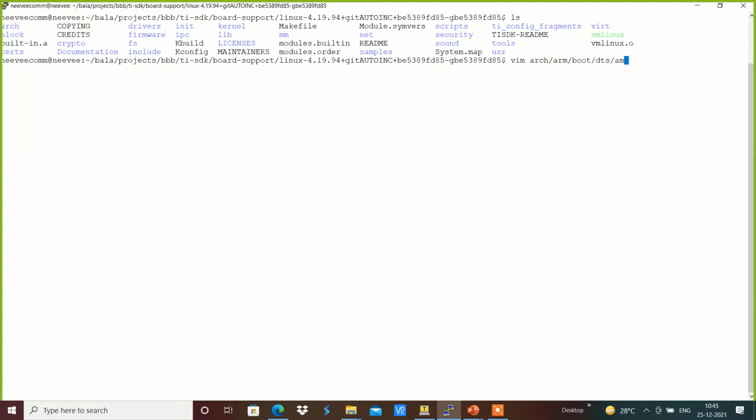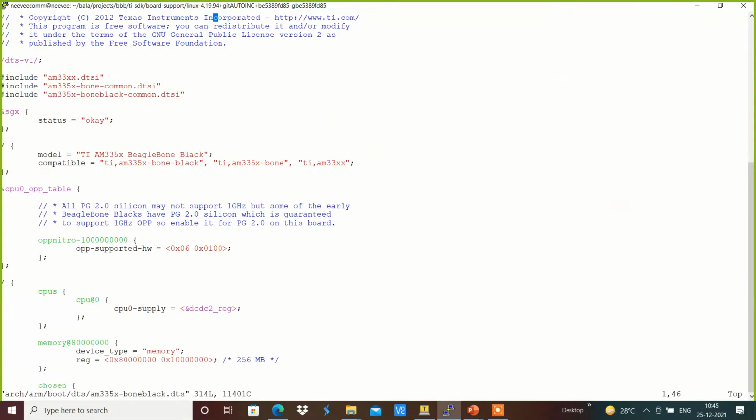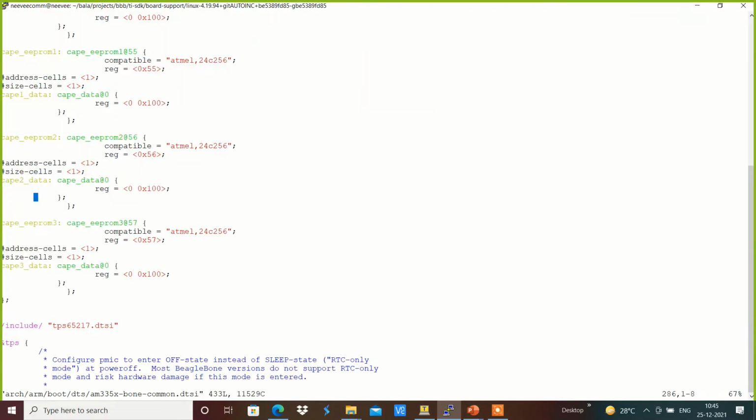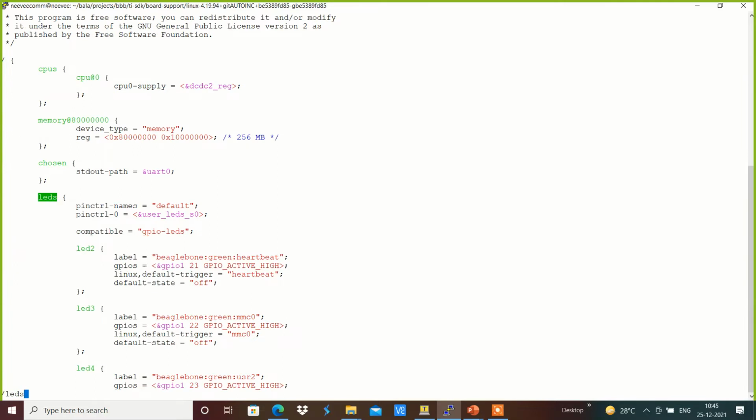I am going to use the am335x-boneblack.dts over here, which includes something like am335x-bone-common.dtsi, that we are going to use. In this file we will have the definitions of LEDs.